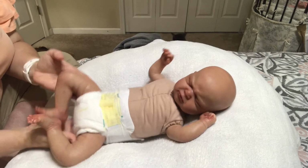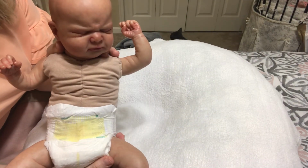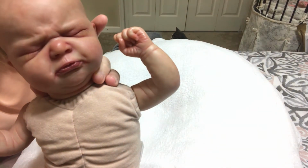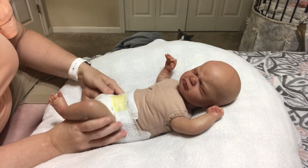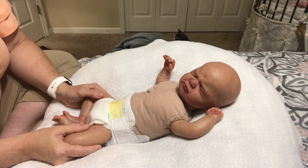So again, this is Mr. Walter, the Thomas Sculpt by Olga Auer. Look at that little face. So he's kind of a hard one to let go because he's very cuddly, and he's